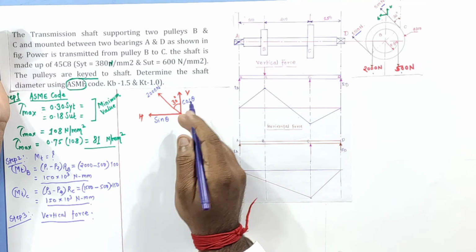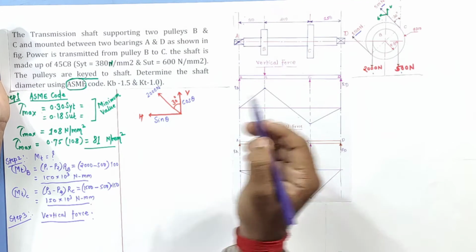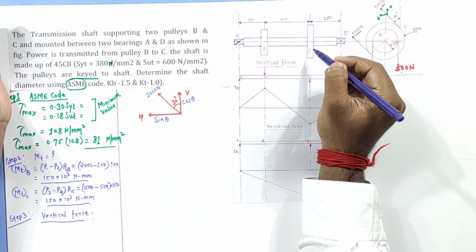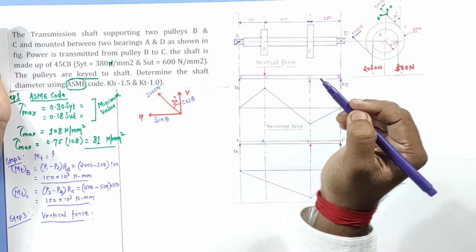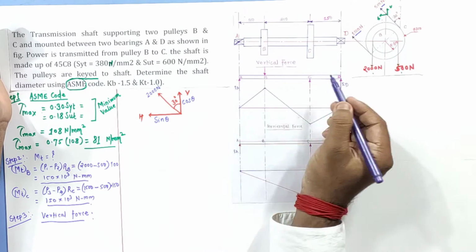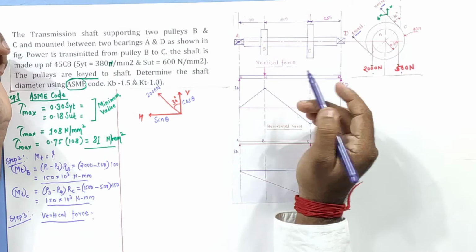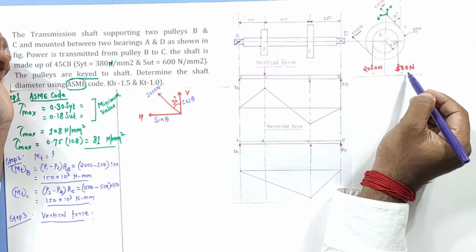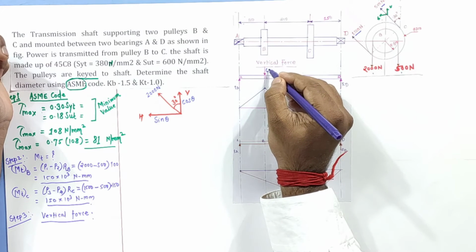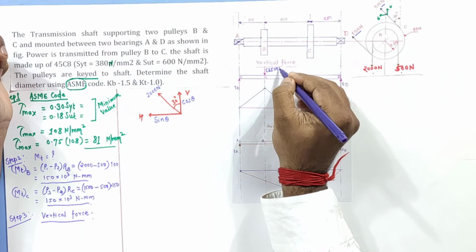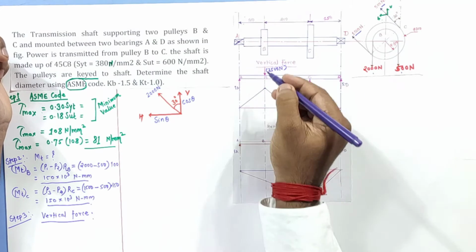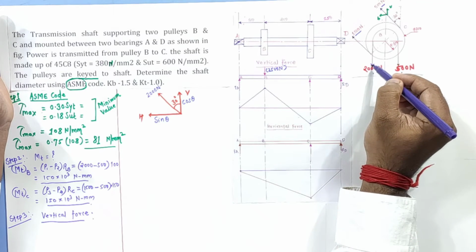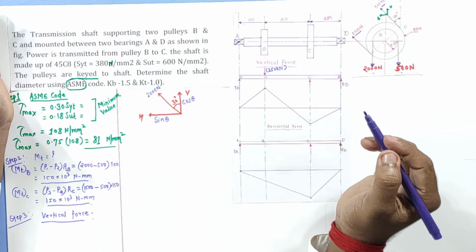By considering this force which is acting for the bigger pulley, because the bigger pulley has the inclination, the bigger pulley is situated here at point C. So now one by one we will go. Reaction forces are always acting opposite, that helps with balancing. Now for pulley B, how much is the vertical force? 2000 plus 500, that is 2500 Newton. It is acting downward. We have considered that it would be downward because the force action is towards the ground.